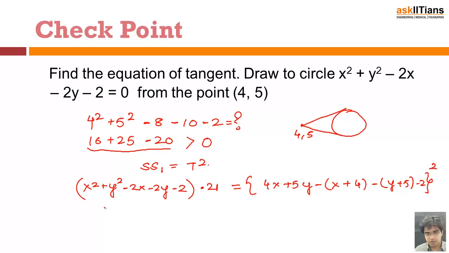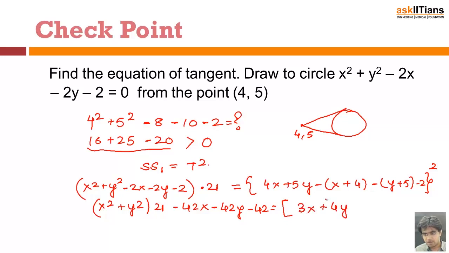That is 21 times (x square plus y square) minus 42x minus 42y minus 42 is equal to (4x minus x is 3x, 5y minus y is 4y, and then minus 4 minus 5 minus 2 is minus 11) whole square. When you expand these brackets and collect the terms, you will get an equation of pair